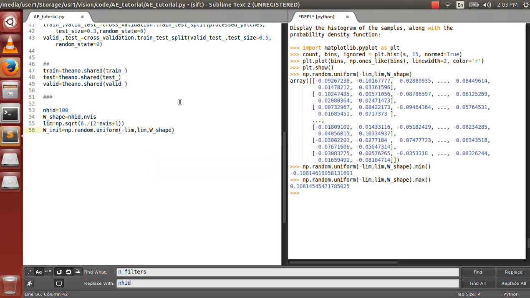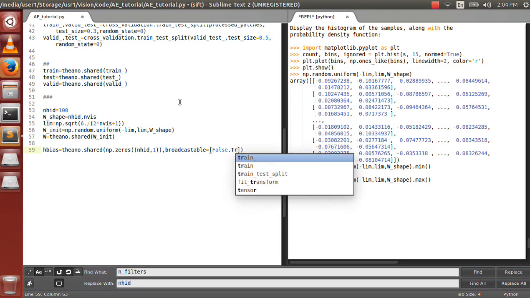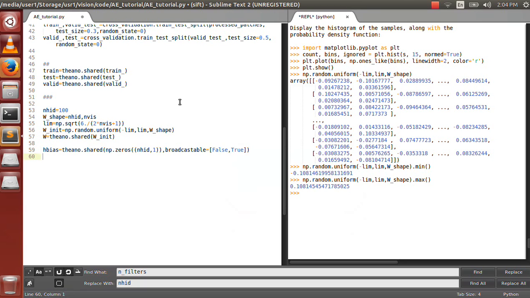So the limit for any neuron in such a deep network is calculated as the square root of 6 divided by the fan in plus the fan out plus 1. The fan in of a unit is the number of units it is connected to on the input side, and the fan out is the number of units that it further is an input to.